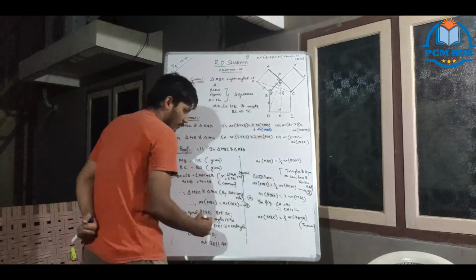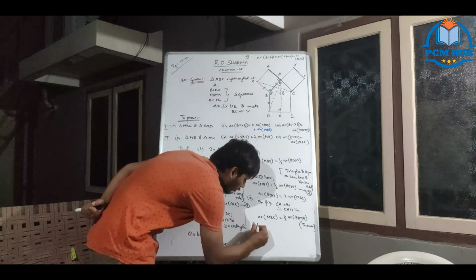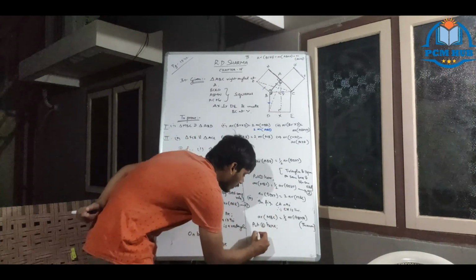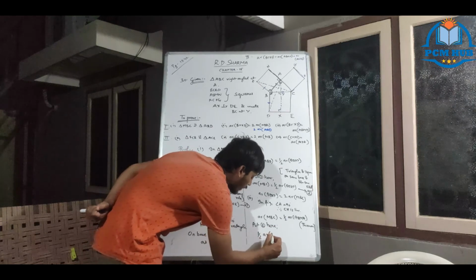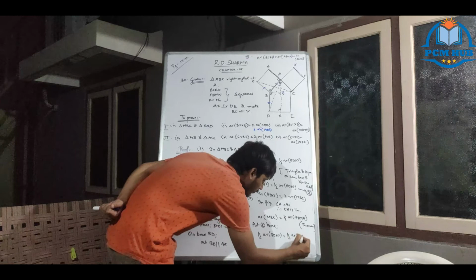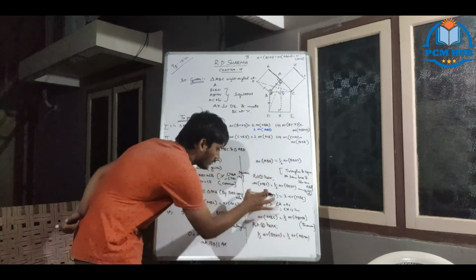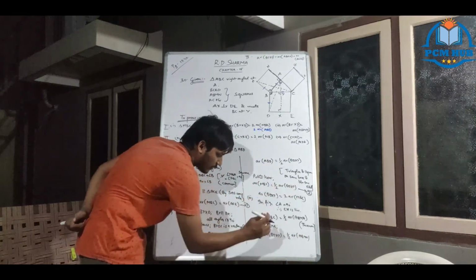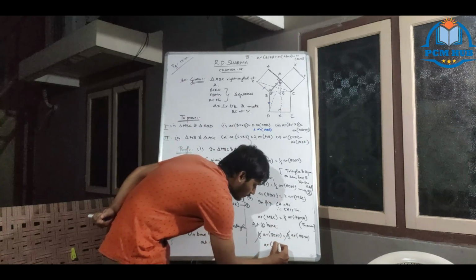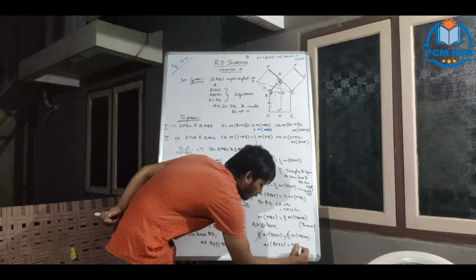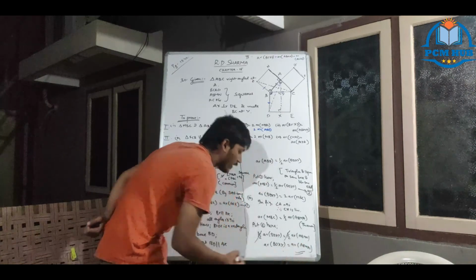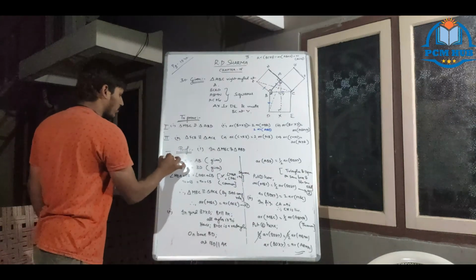Second. Okay. Now put 2 here. What will it become in the place of MBC? Half of area of BDXY equal to half of area of ABMN. In the place of MBC, I have replaced this with half of area of BDXY. So half will get cancelled. Therefore, area of BDXY equal to area of ABMN. So this is the third part. That means the first part of the proof is completed.